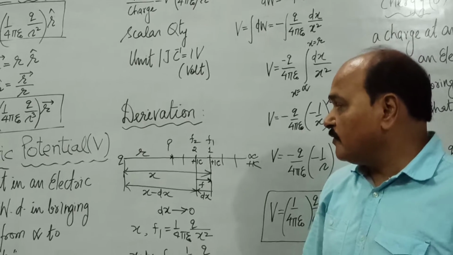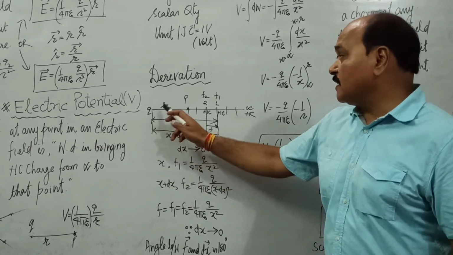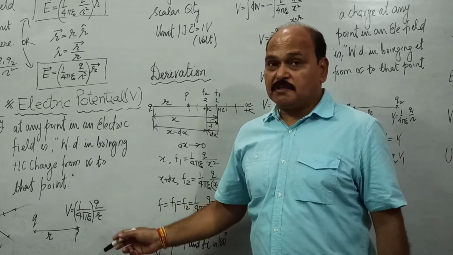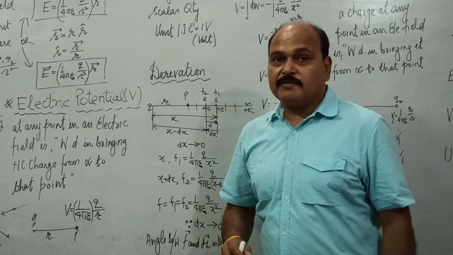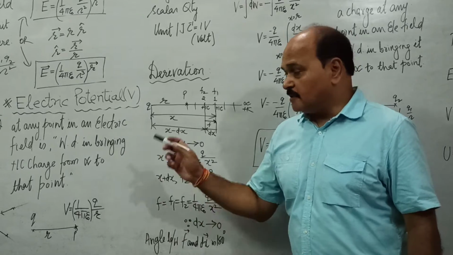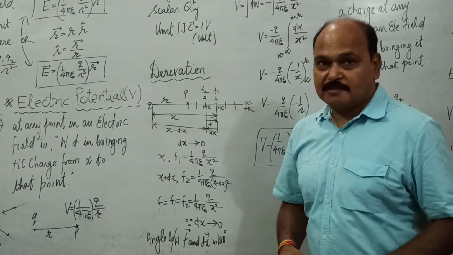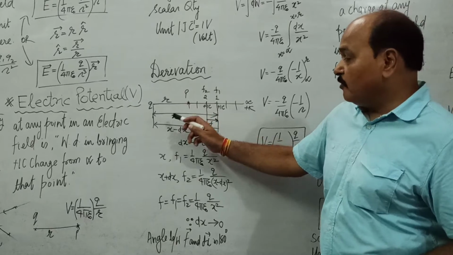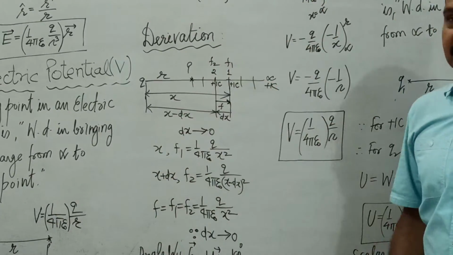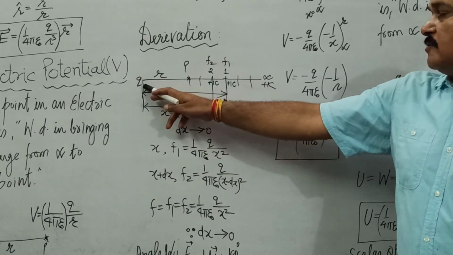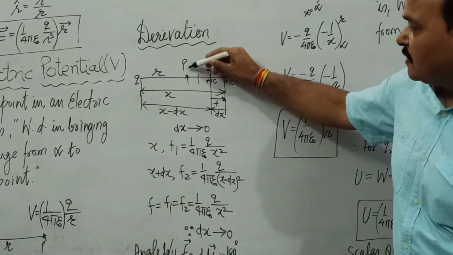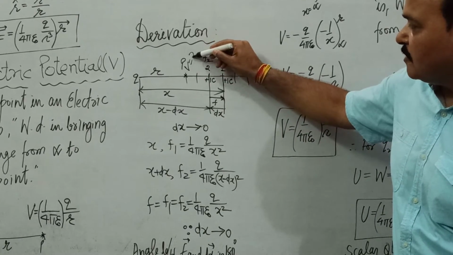Well, what is the value of electric potential due to a point charge at a distance r from it? We have written the expression directly. Now we are going to derive this expression, and remember children, this derivation is a very important derivation. If it is part of the syllabus of any test, you will find this derivation there in your test. So what is the value of electric potential due to a point charge at a distance r from it? Let's understand that. This is a point charge q and this is point P where we wish to find out electric potential.